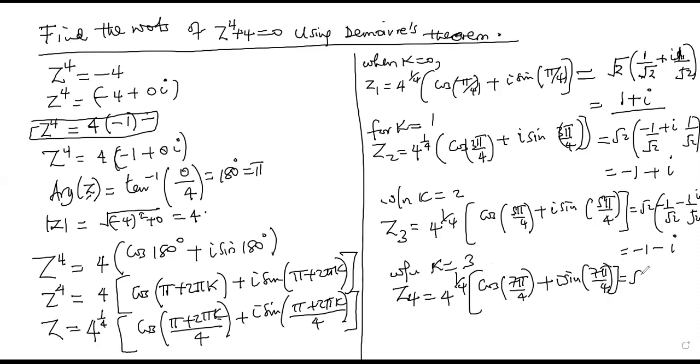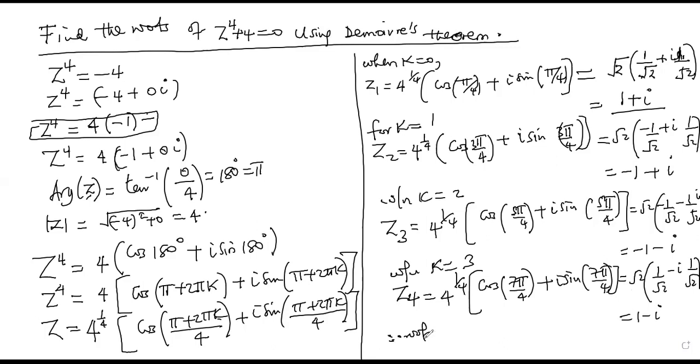This will be root 2 into 1 over root 2 minus i 1 over root 2. So it will be 1 minus i. Applying that,